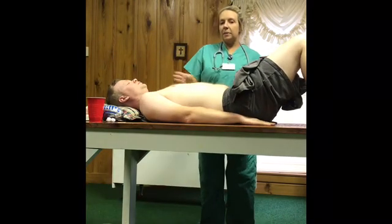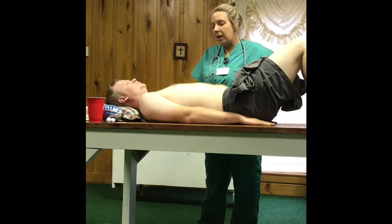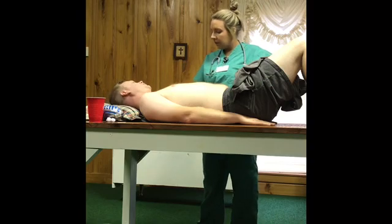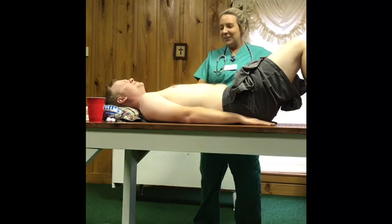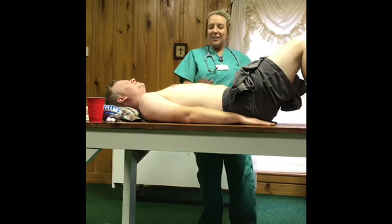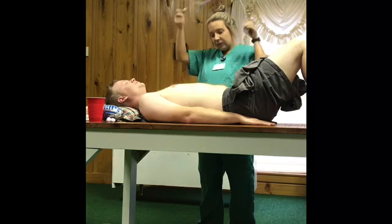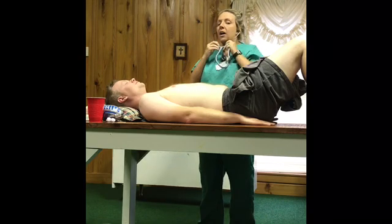Alright, so now I'm going to inspect his anterior chest. Everything looks symmetrical and normal. No signs of any lesions or swelling or bruising. His work of breathing is normal. His chest is rising and falling at the same time. Now I'm going to listen to his heart sounds using the diaphragm of my stethoscope, and then I will repeat